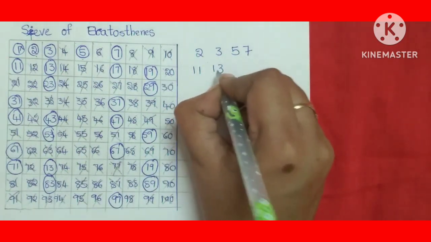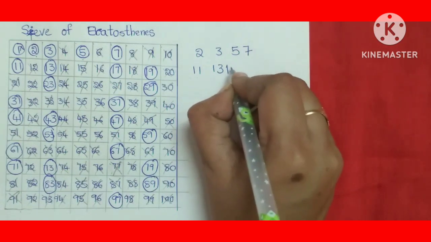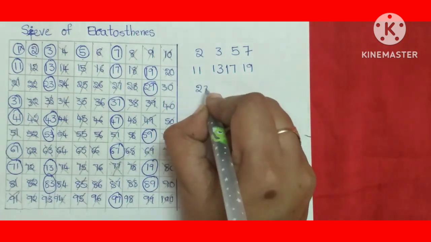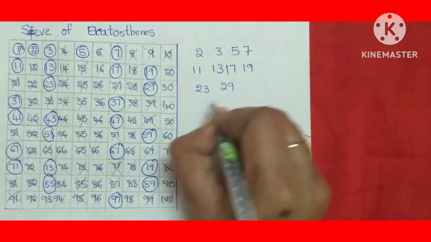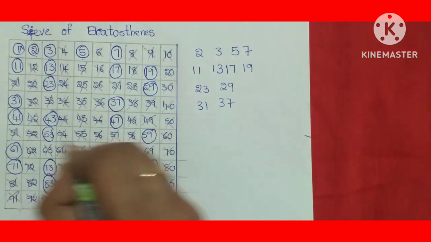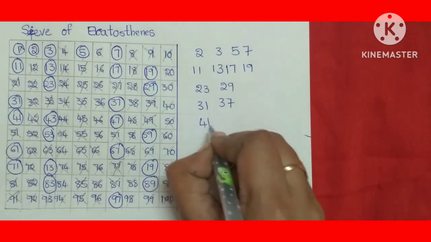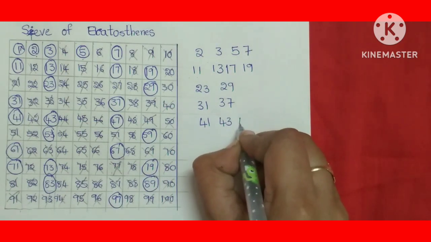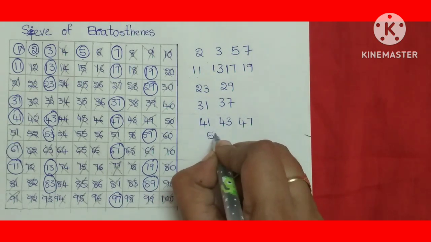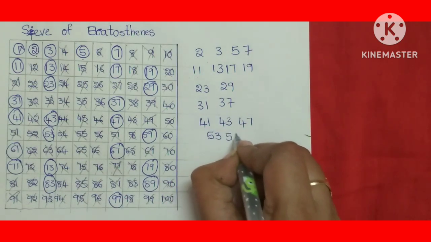From the first row we get 2, 3, 5, 7. Then 11, 13, 17, 19 in the second row, 23, 29 in the third row, 31, 37. These 2 are prime numbers from 31 to 40. Now 41, 43, 47. These are prime numbers from 41 to 50. Now 53, 59. These are prime numbers